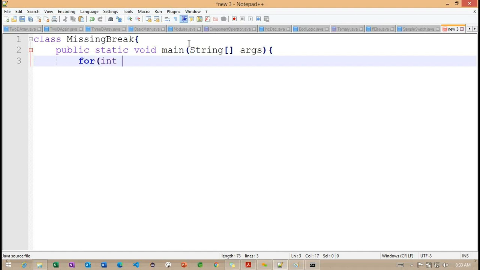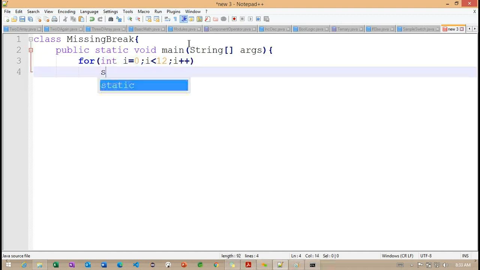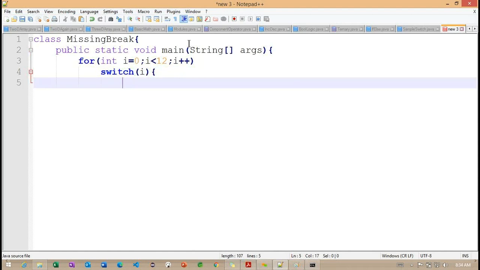I'm going to write the same loop here: int i equals 0, i less than 12, i plus plus, and a switch case. I'm trying to check with this switch case, we are having i here.